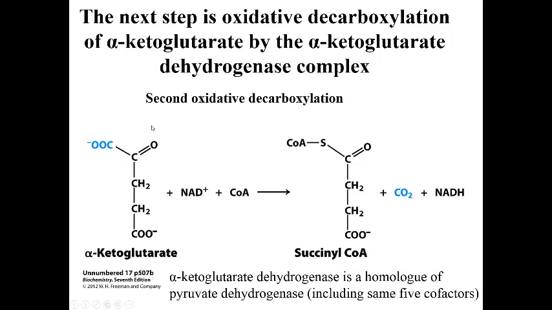So we've done our first oxidative decarboxylation. Now we'll do a second oxidative decarboxylation. We're converting alpha-ketoglutarate into succinyl-CoA. Again, a CO2 group is lost. We move from a 5-carbon molecule to a 4-carbon molecule. It's catalyzed by the alpha-ketoglutarate dehydrogenase complex. Again, we're generating a molecule of NADH, and a molecule of CO2 is lost. This reaction is virtually identical to the reaction catalyzed by the pyruvate dehydrogenase